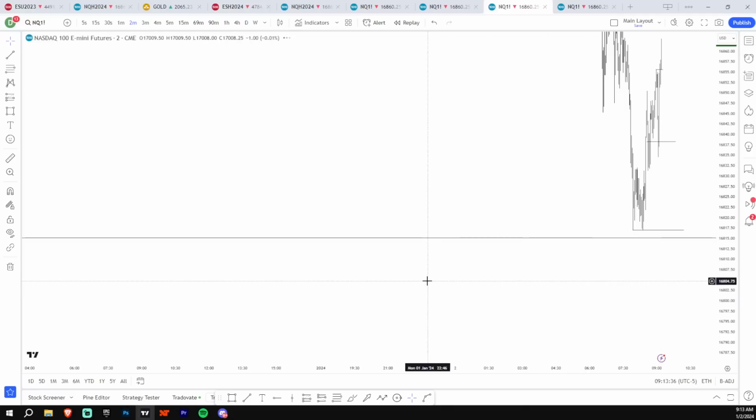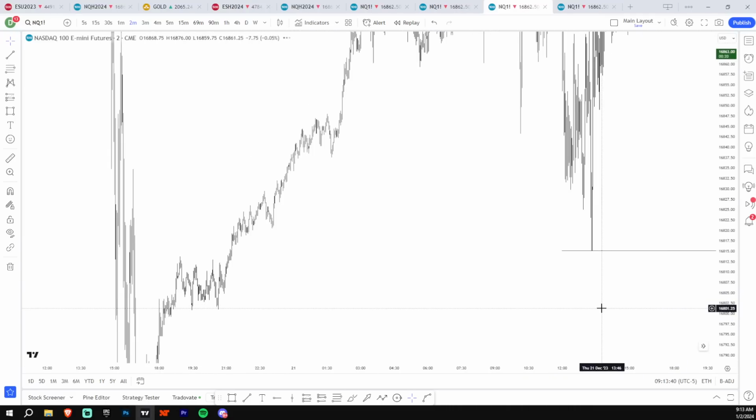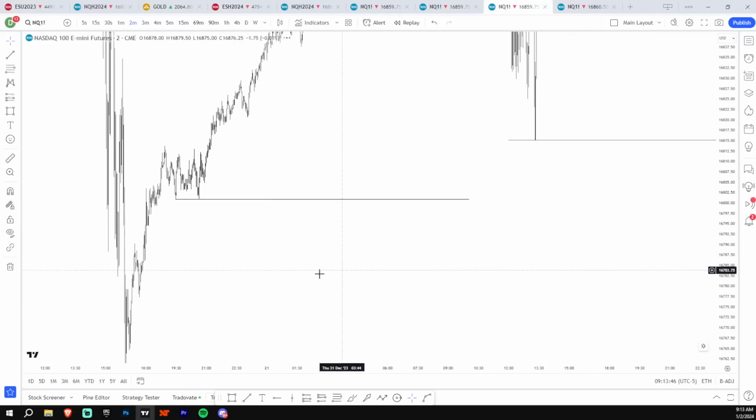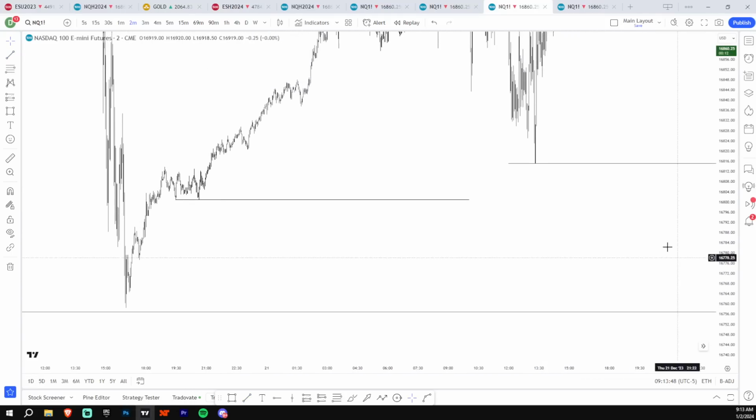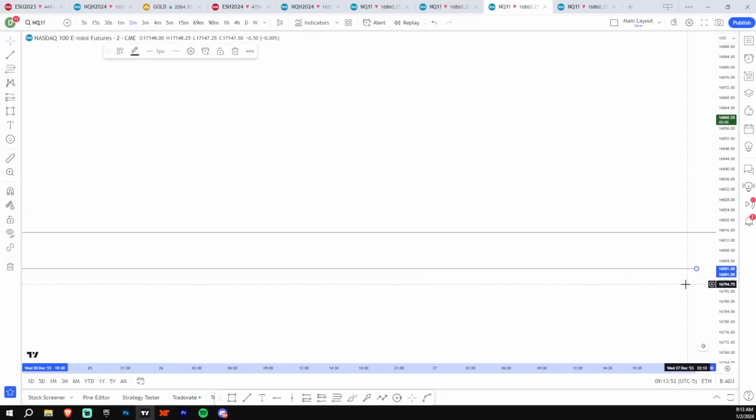Relatively close at 16,800. Yeah. Oh yeah, you're right. So 16,000. This is also relatively close. I like how you pointed those out. So lots of relative equal lows below is a good sign for an easy short setup if we get it.